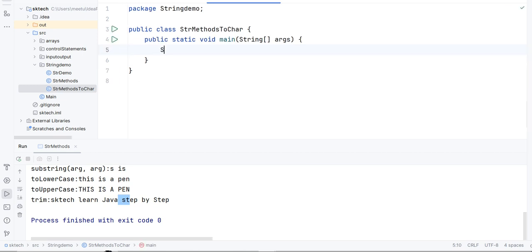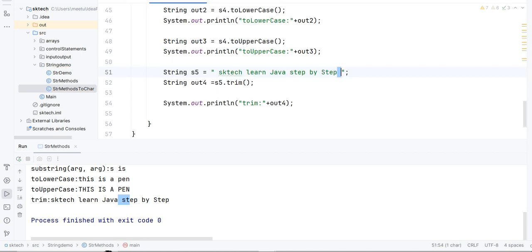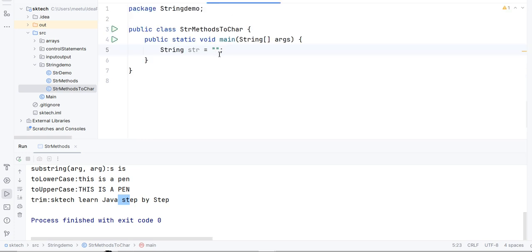Let's create the string first, because this is going to be performed on a string only, right? So str equal to, let's copy the example from the previous one: "skTech learn Java step by step".